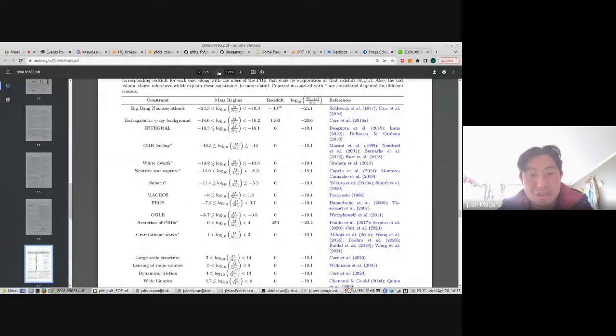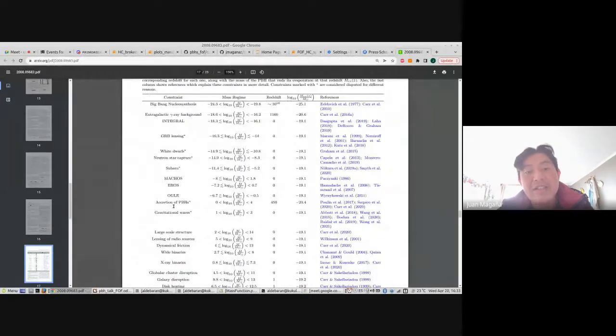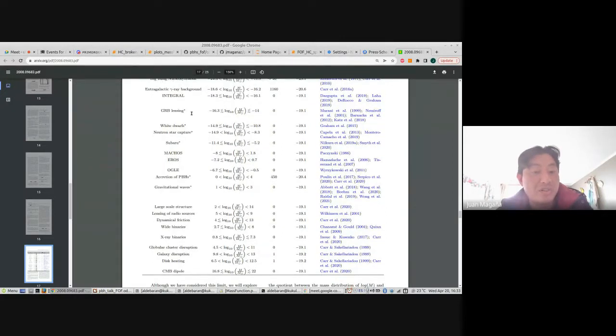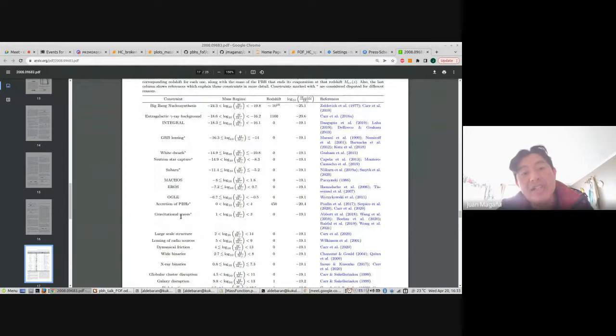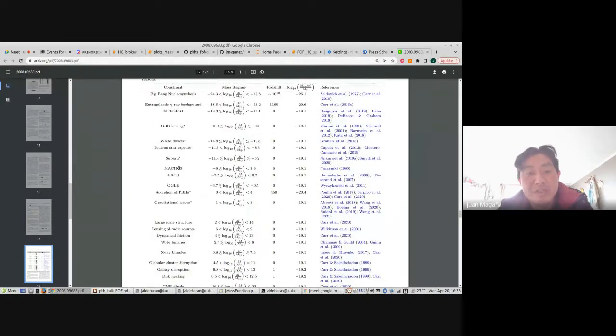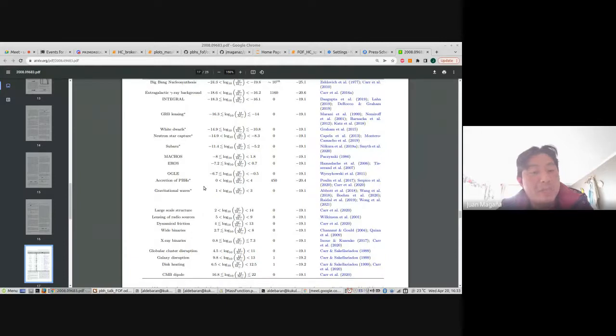We use all these constraints, which act at different ranges of masses, for example, from Big Bang nucleosynthesis to large scale structure constraints, strong density constraints, dynamical effects. You can observe in this table that some observational constraints, for example, GRB lensing, white dwarf, neutron star capture, accretion of primordial black holes, and gravitational wave, have a star.